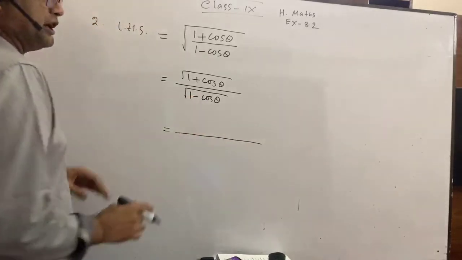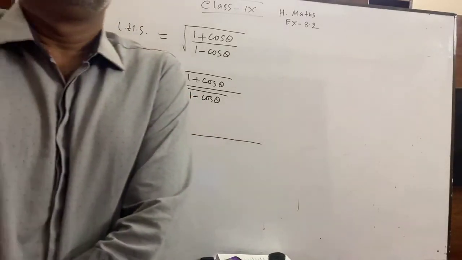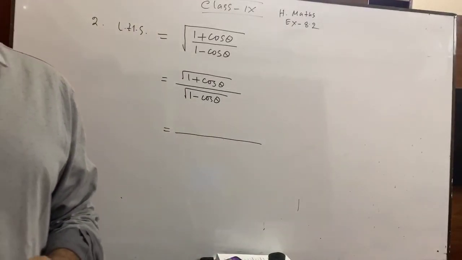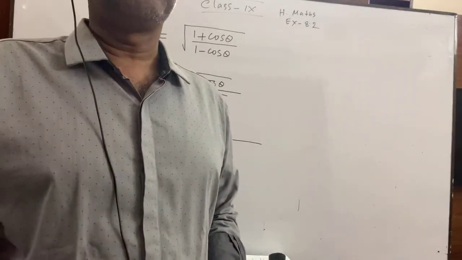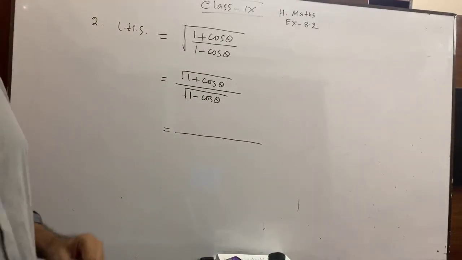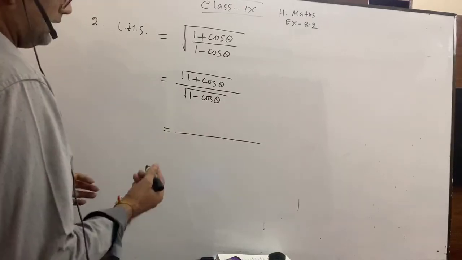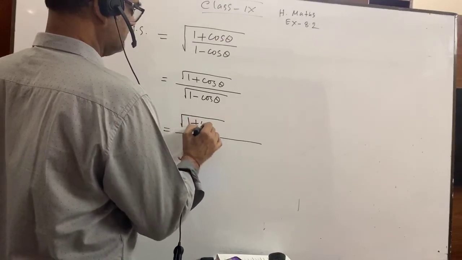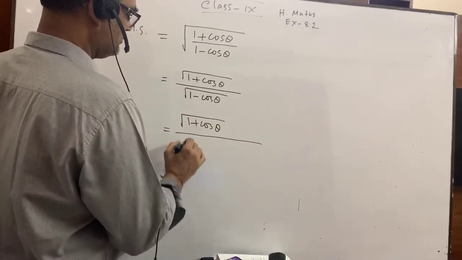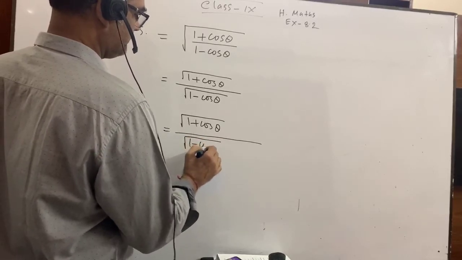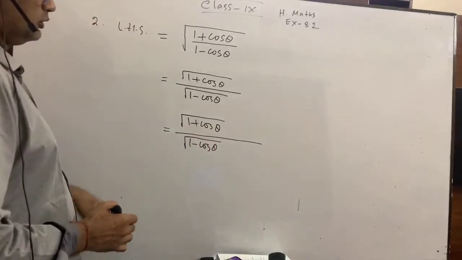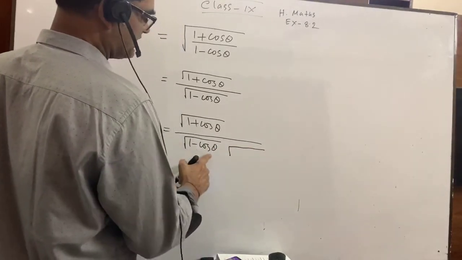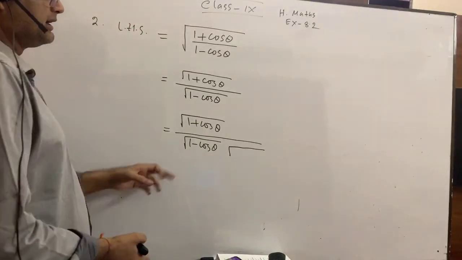this is definitely irrational number as there is a square root. So what will be our function? For irrational number in the denominator, we have to rationalize the denominator, right? How to rationalize? You see, this is 1 plus cos theta. This is root over 1 minus cos theta. Okay, I need root over 1 plus cos theta, just its opposite, conjugate. It is a minus b. Consider for a while that it is a minus b.